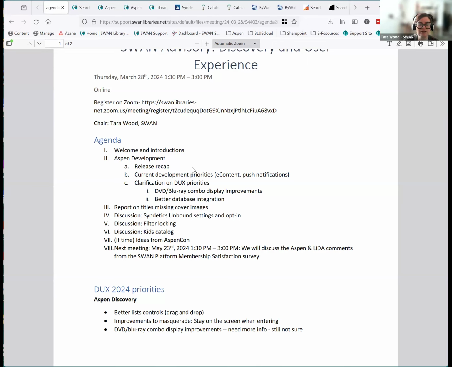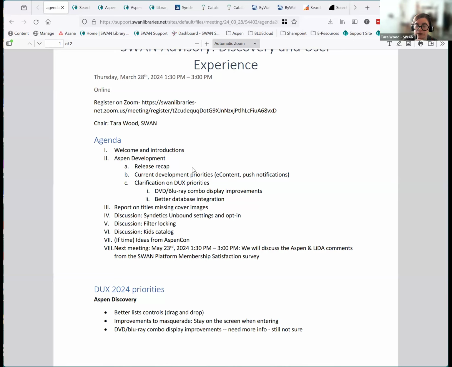And doing a better job, especially looking at the differences between libraries' Hoopla instances and collections as we're integrating them. And then for LIDA, the big current development priority coming up next is going to be the push notifications. So we've got push notifications that I don't think anybody's using. The manual notifications. Some of your patrons may have the Save Search notifications, and